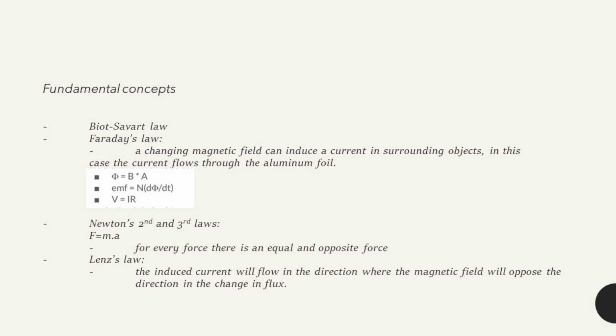There are 5 main laws that we're going to be using during this procedure. The first one would be Biot-Savart law. The second one would be Faraday's law, which states that a changing magnetic field can induce a current in the surrounding objects. In this case, the current flows through the aluminum foil. You can see that flux equals B times A, the electromotive force equals N times d flux dt, and V